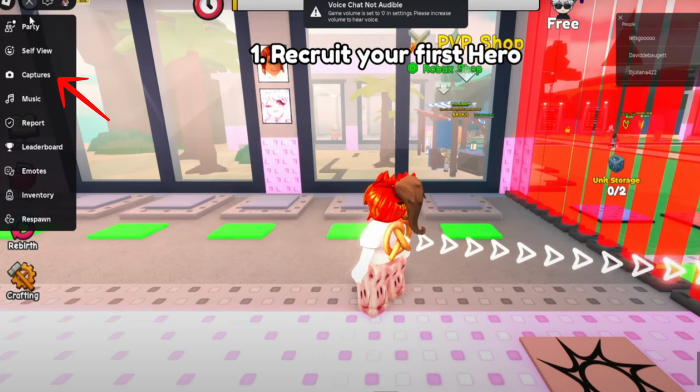In some games, you just have to tap on the three lines at the top left corner and you should see the captures right here. You just have to click this one to turn it on and off. Sometimes it's different depending on the Roblox game that you have selected. But basically that's it. You can just simply tap the three lines, tap on captures on and off,